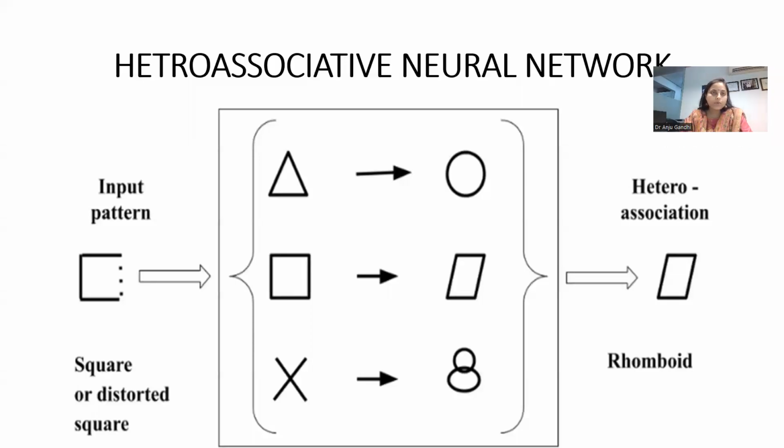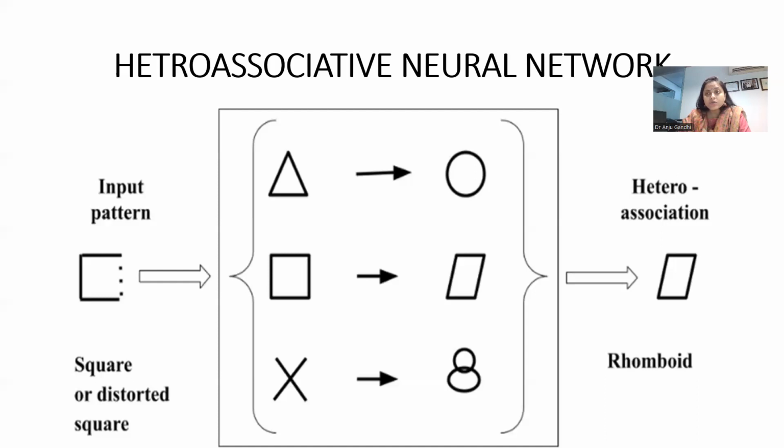So we are discussing associative neural networks, in which we have studied auto-associative neural networks. Now we will study the heteroassociative neural network, in which we will observe that due to noise or any other reason, the input pattern got distorted. But even then, with the help of a heteroassociative network,